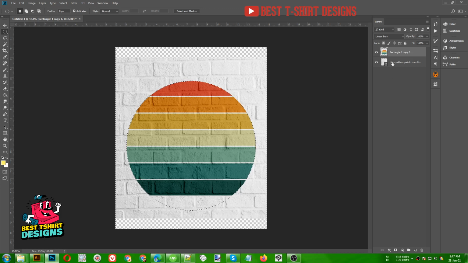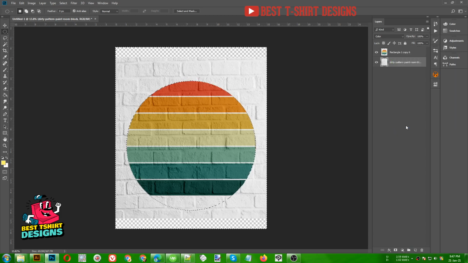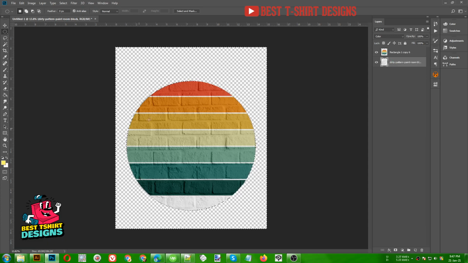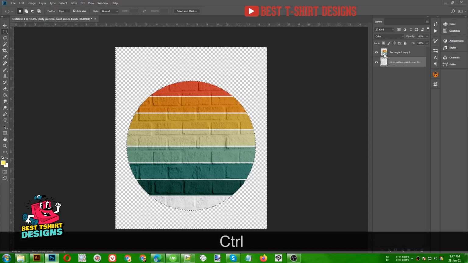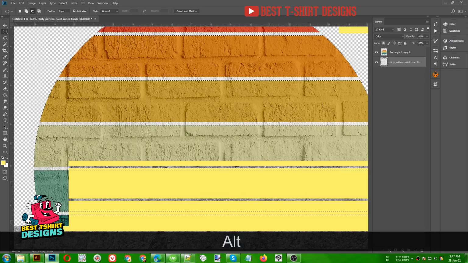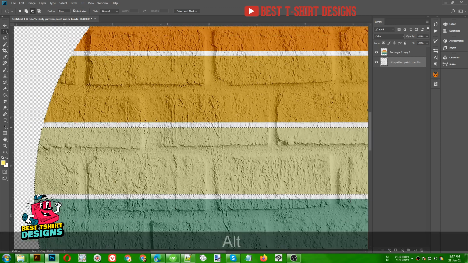And the same if we click on this layer, and this is a smart object layer, we need to rasterize it first. Then if I press delete here, it is going to also delete everything of that layer just like this. Now if I press Ctrl and click on this layer icon, it is going to select only those layers, and you can see the in-between parts of the texture are not being selected.